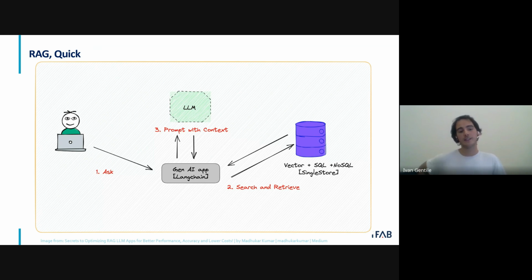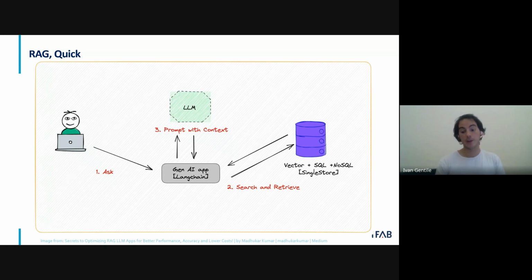We ask, then if this still is not sufficient, we can implement a component that, before asking the LLM our question, actually goes and searches and retrieves from a storage place. This is sometimes called a vector DB. Cosine similarity is the method that is most often used in order to retrieve text similar to the one that we prompt the LLM with, so that we can retrieve it effectively. Essentially, what we need to know is that we grab some text from a database, from a repository, and we attach it together with our prompt in order to then give it to the LLM.